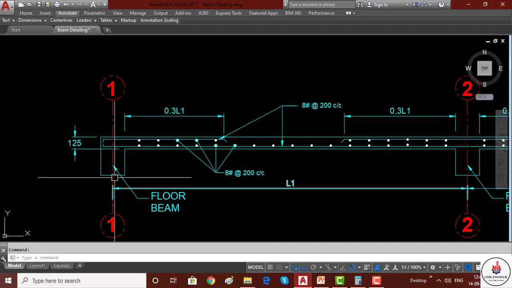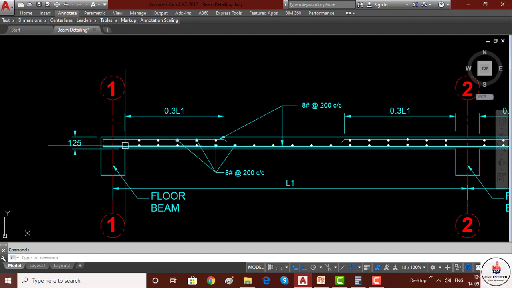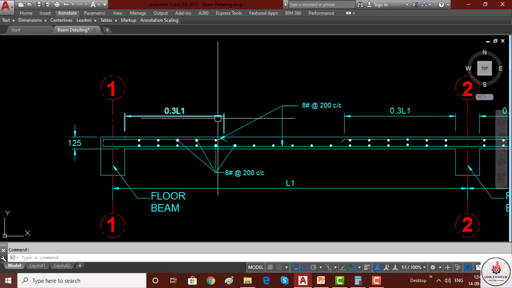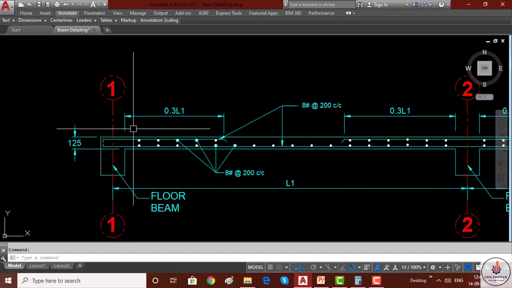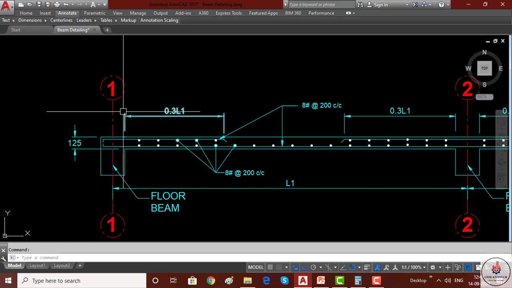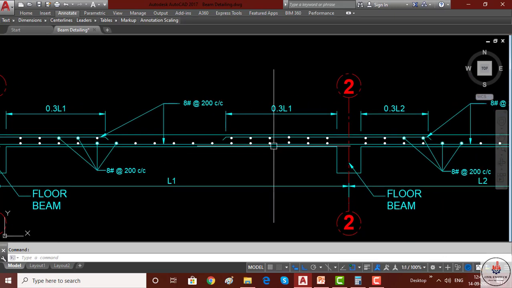Okay, this is the floor beam, and we have to place the reinforcement. We have to calculate the reinforcement curtailment from the face of the beam, not from the center line of the beam. We calculate the span length from the center line of the beam, but we have to provide the curtailment length from the face of the beam. Okay, face of the beam.